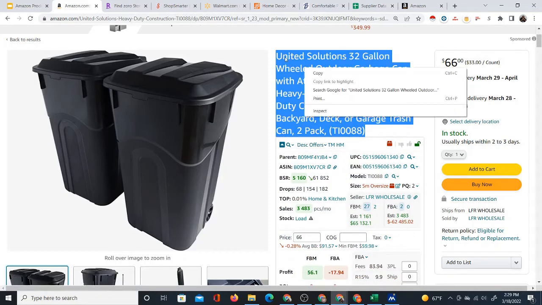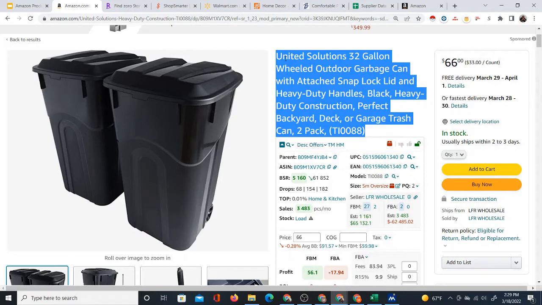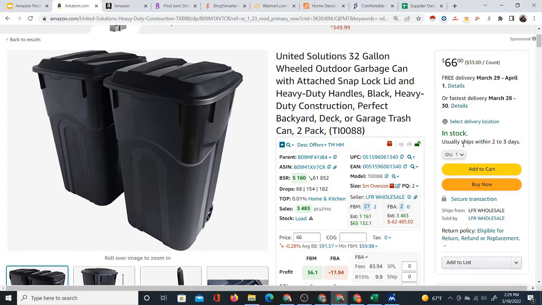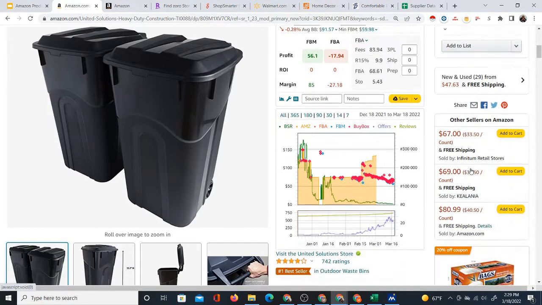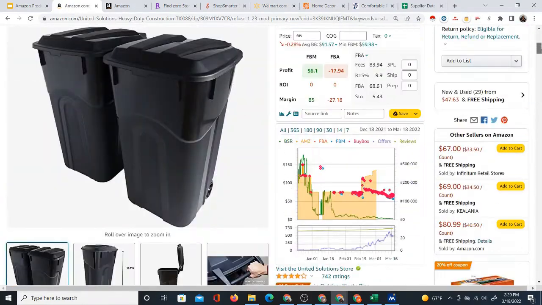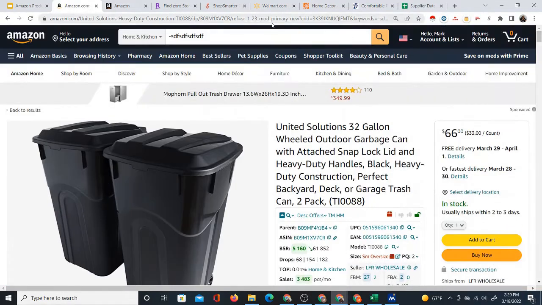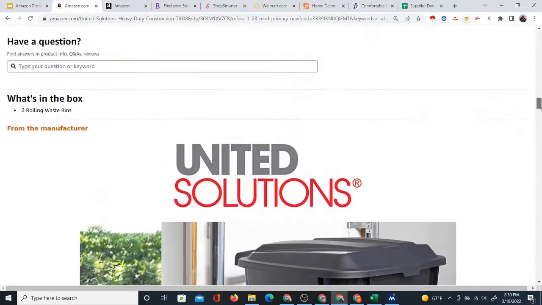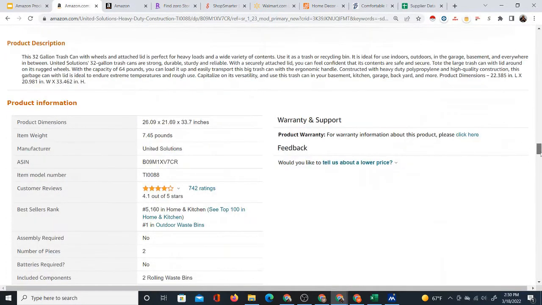Now, first of all, before I do that, I should mention that now I know that I'm approved to sell this product because I have a Chrome extension that shows me that I have approval. Now, if you don't have a Chrome extension like this, if you're starting out, what you would have to do is scroll down and find the Sell on Amazon button, and you could click that button. Alright, but if you don't see the Sell on Amazon button, you can also take what is called the product ASIN, which can be found right here in the URL, or you can go all the way to the bottom of the page and find the ASIN